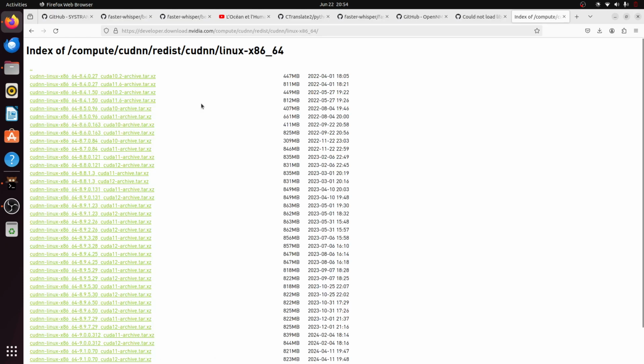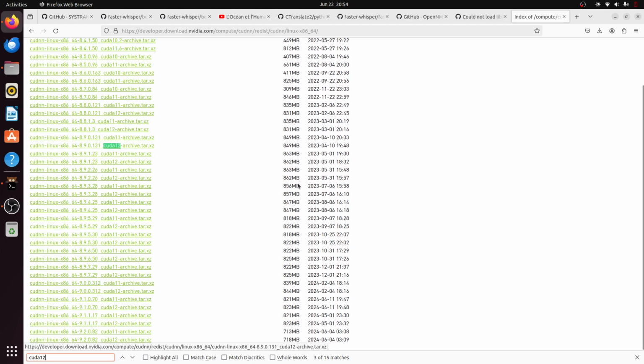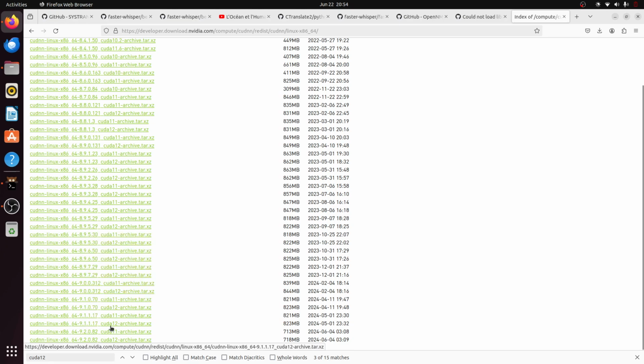Linux. No, no 12. No, CUDA 12. Really? I see. CUDA 12. Let's copy this and maybe